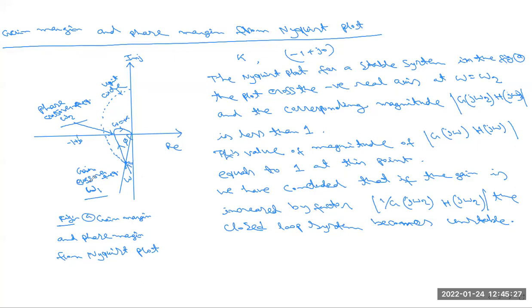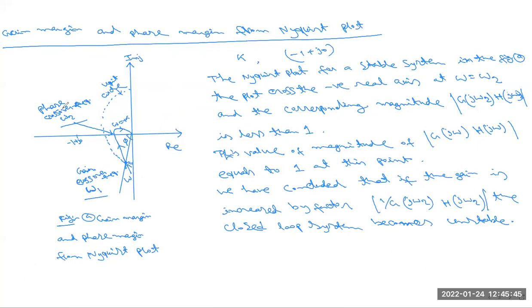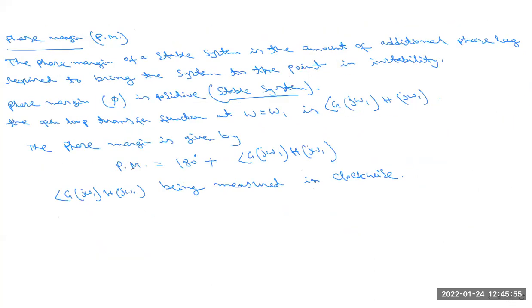First you have to calculate the gain margin, which we express as 20 log 10 of 1 by the magnitude of G(j omega 2) H(j omega 2), and here omega 2 is the phase crossover frequency. And when we consider the phase margin, we consider the gain crossover frequency omega 1. So this is basically the equation of